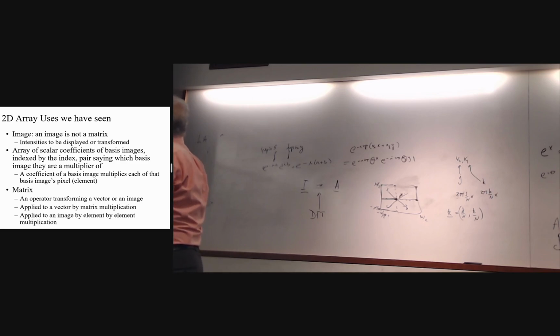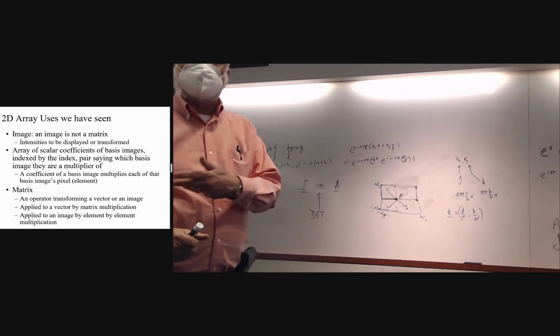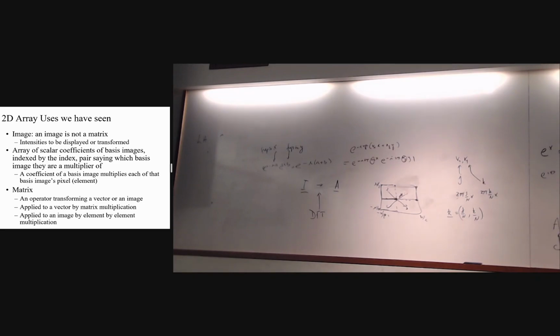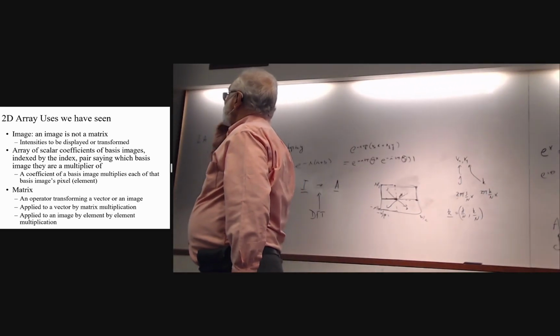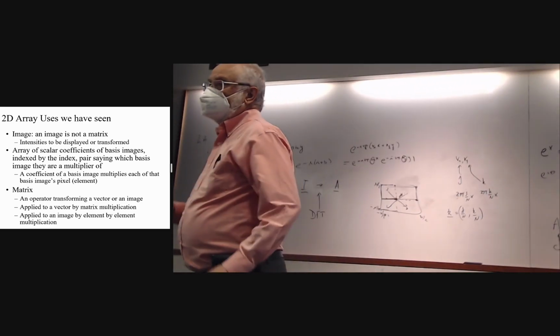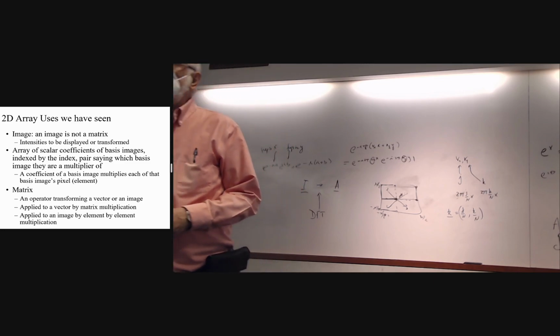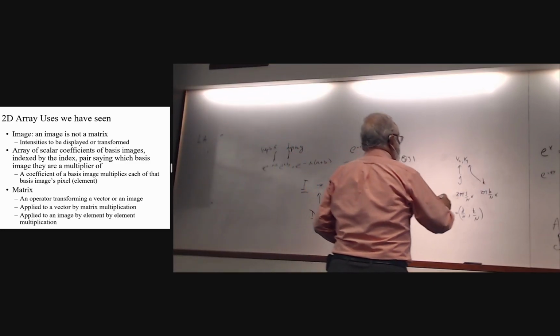We have arrays of the coefficients of the basis images. One for the magnitude, one for the phase, or alternatively, a single array with 2 elements per entry, which is a complex number. And wait a second, we also have